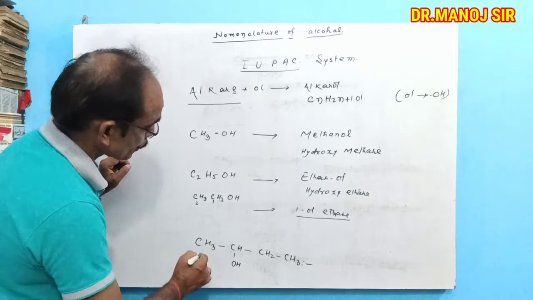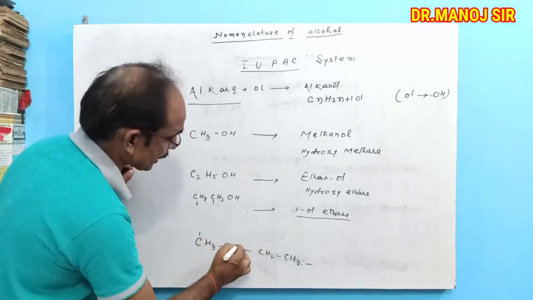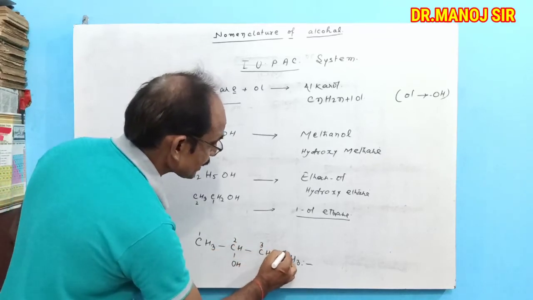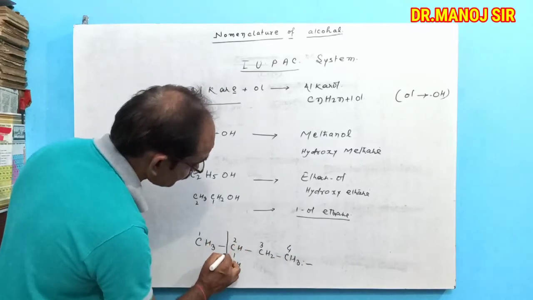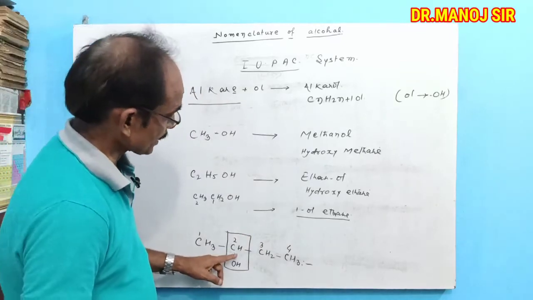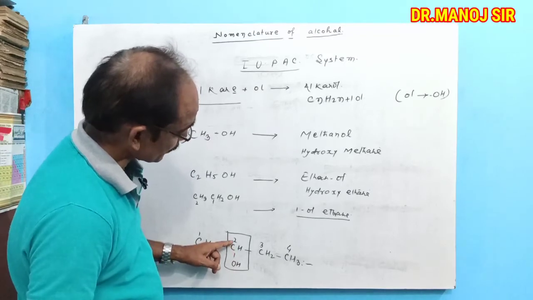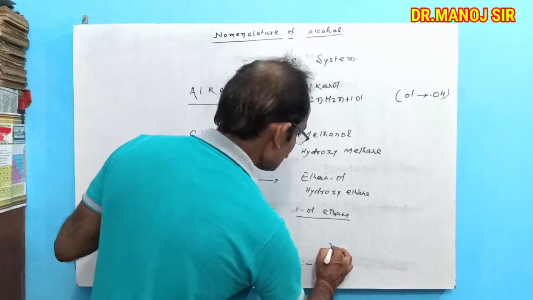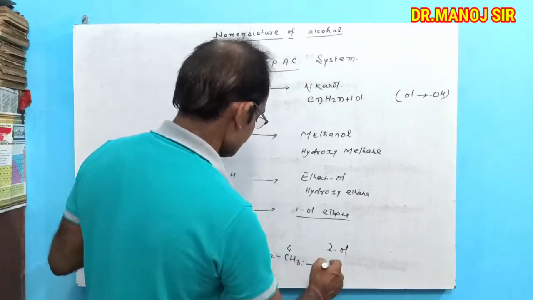So when we go from left to right in numeral order, we find here CH attached to OH at number 2, which can be pronounced as 2-ol butane,